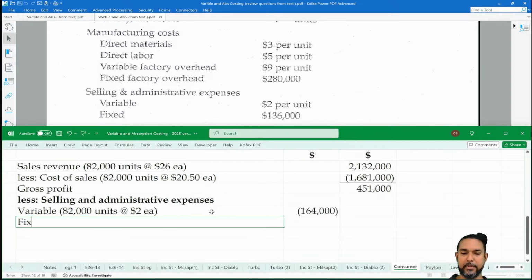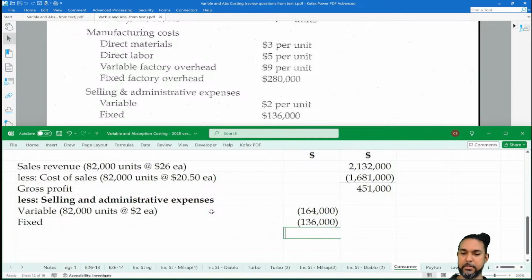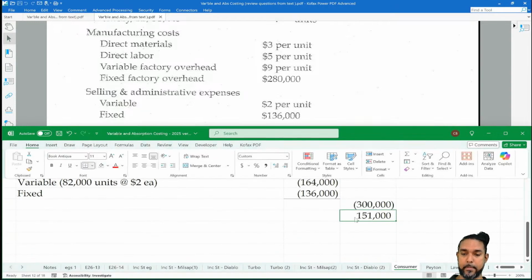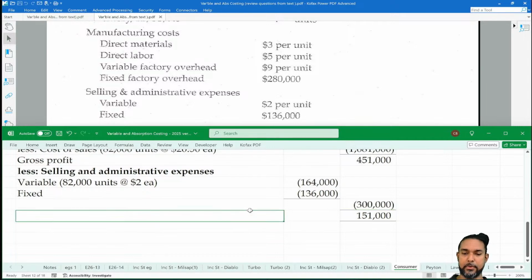And then we have fixed, which is just 136. That's 300,000 in total, right? Right, so 151. That is our net income